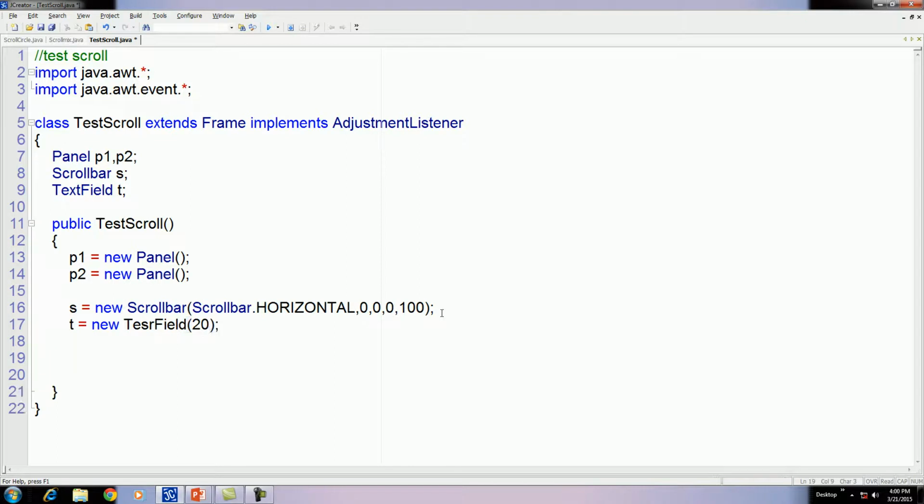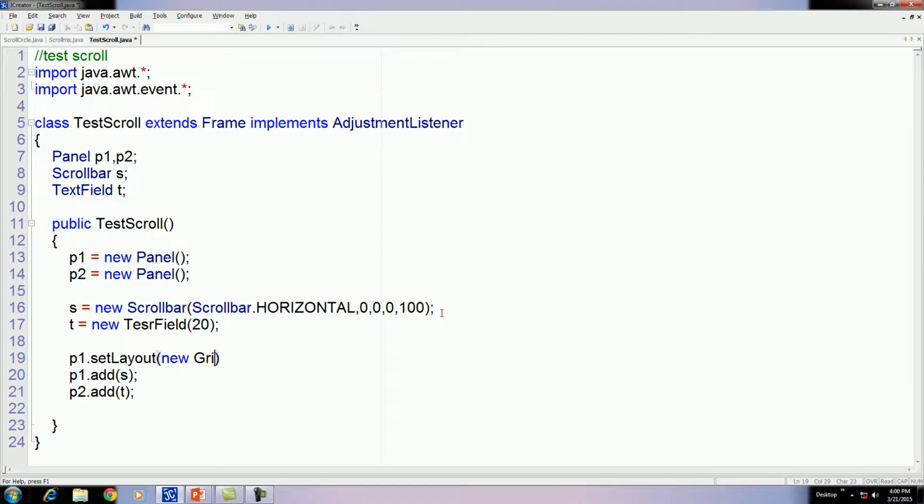Then place S in panel P1 and place the text field in panel P2. Before that, let us set the layout for this. For the scroll bar, you have to use a layout, then only you will get the appropriate output.